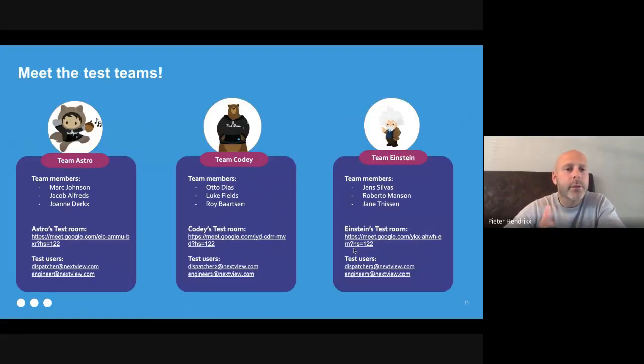Test teams, introducing names and faces. What we have learned is that it really helps to add a name and a face to a team. In this case, we use the Trailhead characters from Salesforce. So we created Team Astro, Team Cody, and Team Einstein. And each team could be focused on a specific business unit or a specific type of product. With this, people feel as a real team, and they can focus on a certain part of the